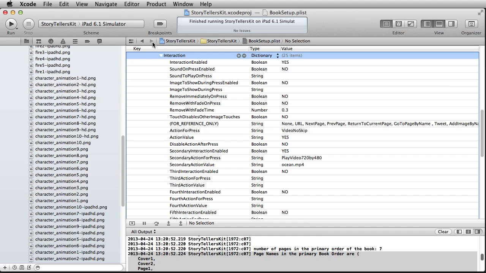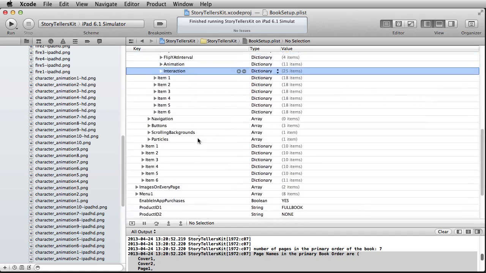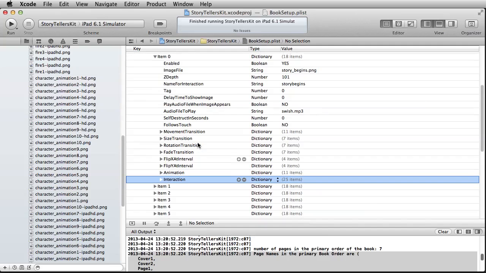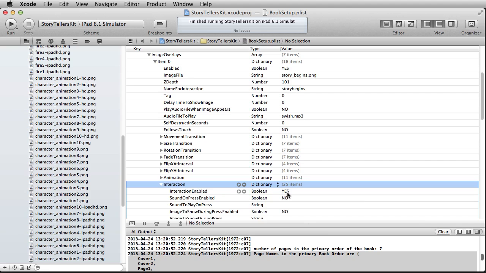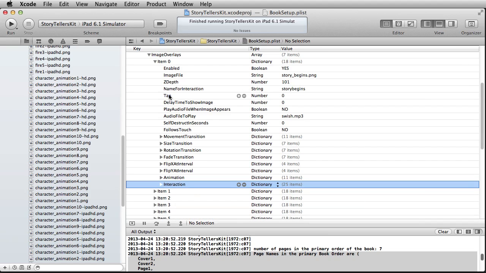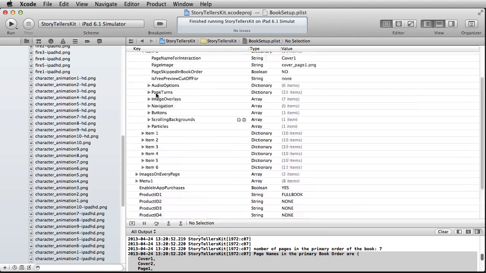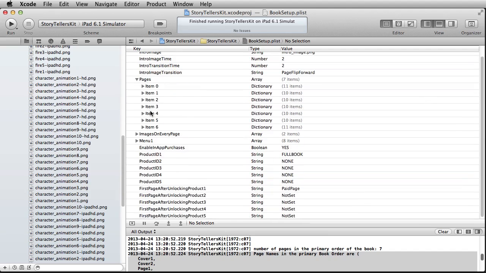Every one of your image overlays can include interaction. Essentially every image is kind of like a button as well. Now you can disable that really quickly by just setting this to no, but keep that in mind. Let it simmer a little bit, that every image can be used to do something else. All right, so I'm just going to fold these back up so we don't get confused and we start fresh